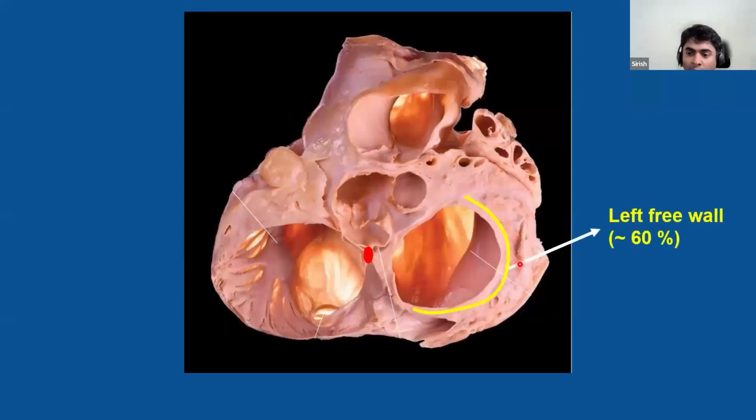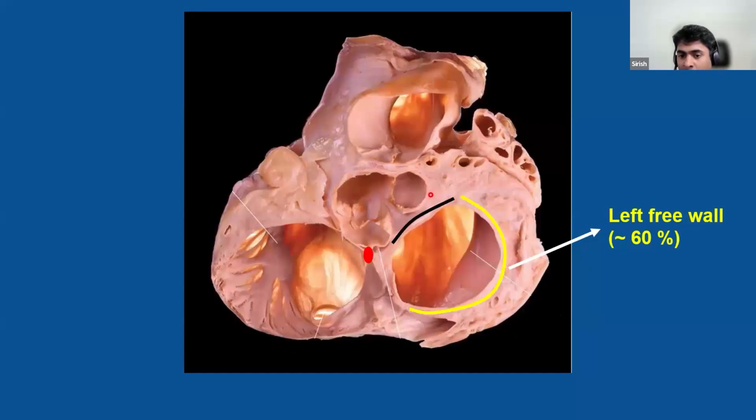Most accessory pathways, almost 2/3 of them, are present in the left free wall or the left AV groove. They usually occur between the 12 o'clock position and around 6 to 7 o'clock position on the mitral annulus. It's important to know that there are no pathways in this region between 12 o'clock mitral annulus and around 9 o'clock mitral annulus. The reason being, you can see that the aortic valve is adjacent to the mitral annulus, and also